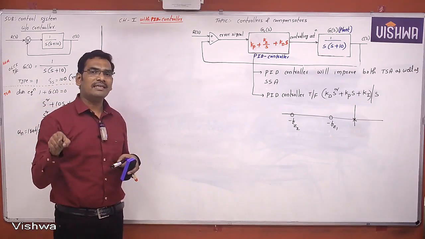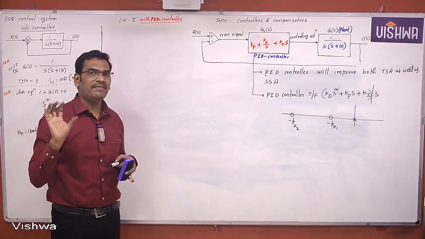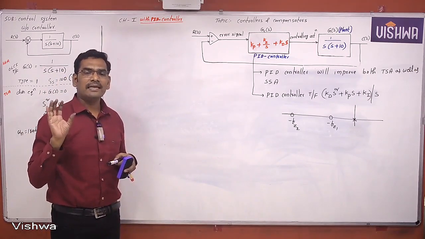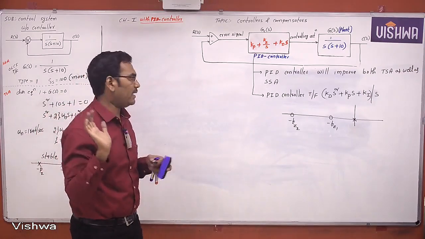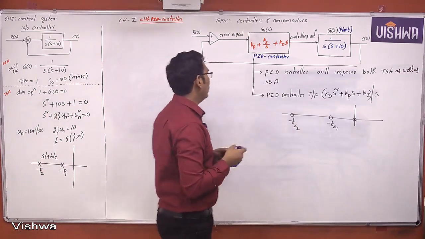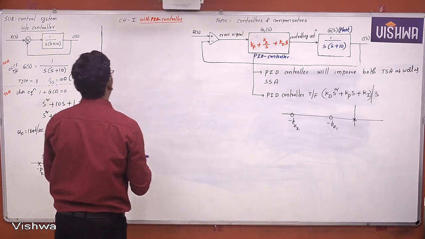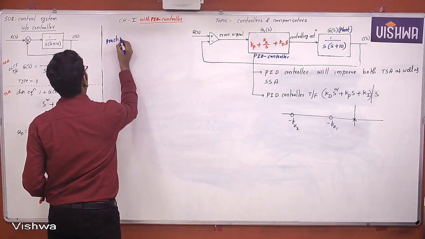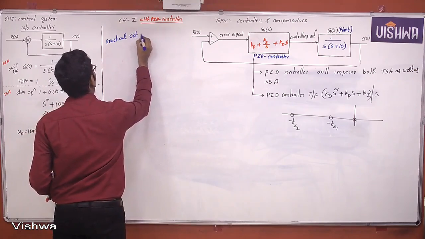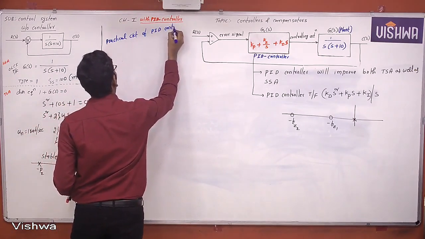Pole at origin increases the type, steady state error decreases, but stability is affected. That effect is compensated by a finite zero in the left-hand side of the S plane, like this. Okay, so now we'll see the practical circuit of the PID controller. Now what is the practical circuit of the PID controller? The practical circuit of the PID controller is